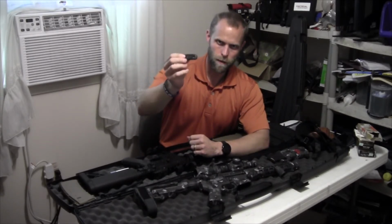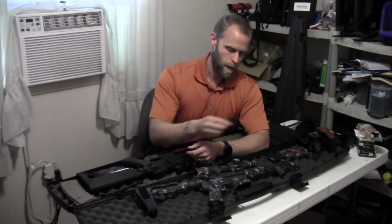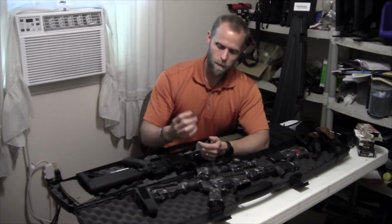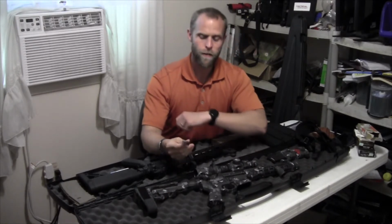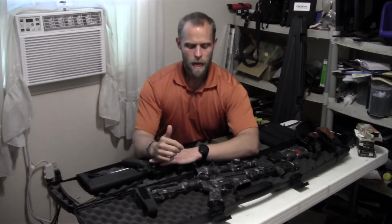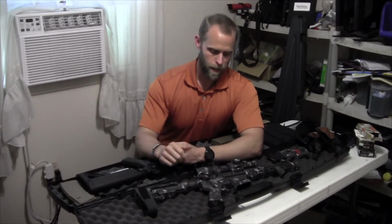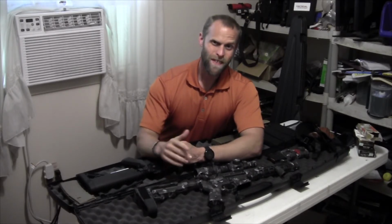But I took this VISM pick rail section and I mounted my weapon light with a cheapie. I took a gamble on something that I shouldn't have taken a gamble on, and I got lucky. Let's consider some of the alternatives that could have happened by going the route that I did. All right, let's say that